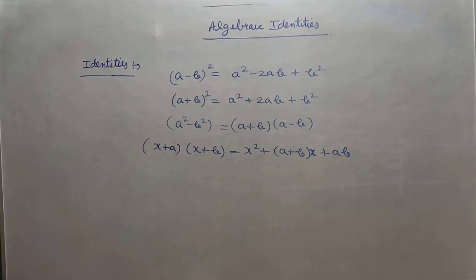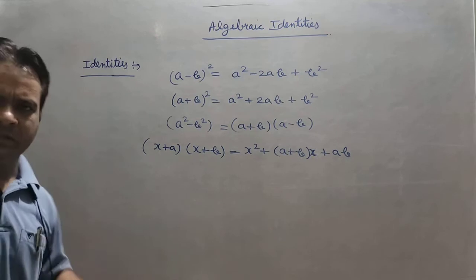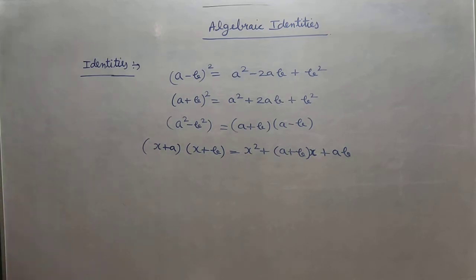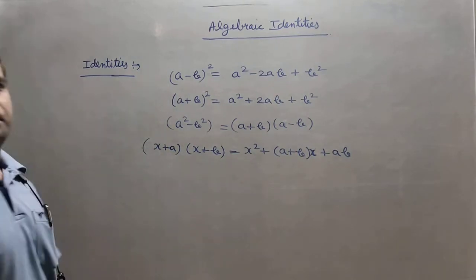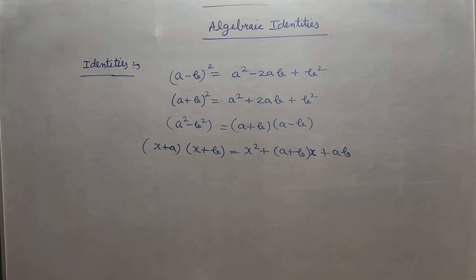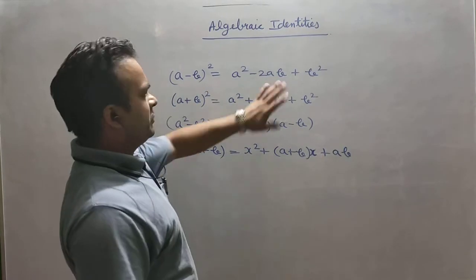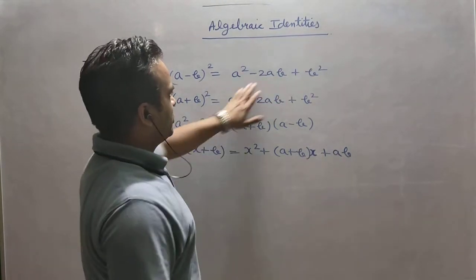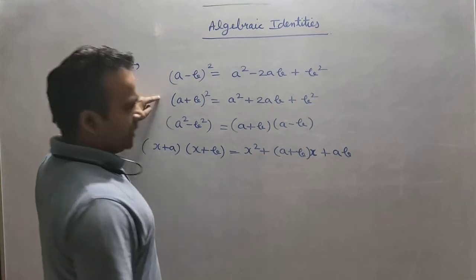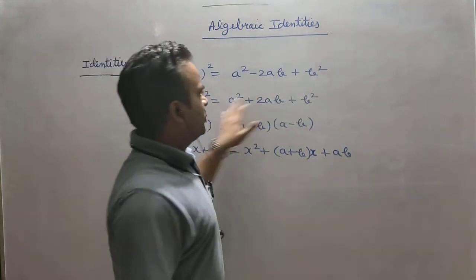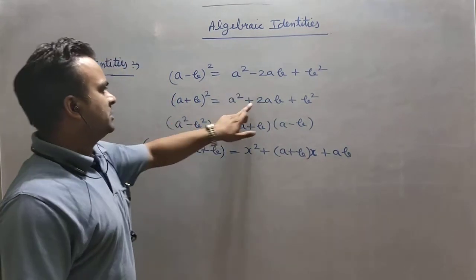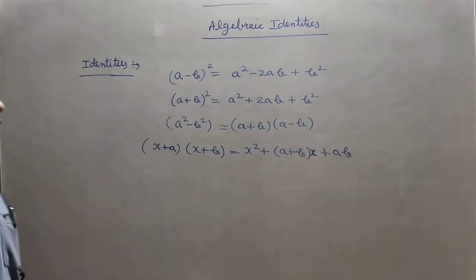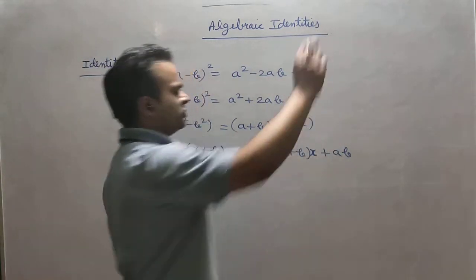And in further classes, we also use these identities commonly. Now you know these four identities because we have seen them in 8th class. So you know very well, (a minus b) whole square is equal to a square plus b square minus 2ab. And you know the difference between the two identities: a square plus b square is the same in both, only 2ab is minus here and plus there. So the sign is according to this one. You know this identity very well; we have used it many times.